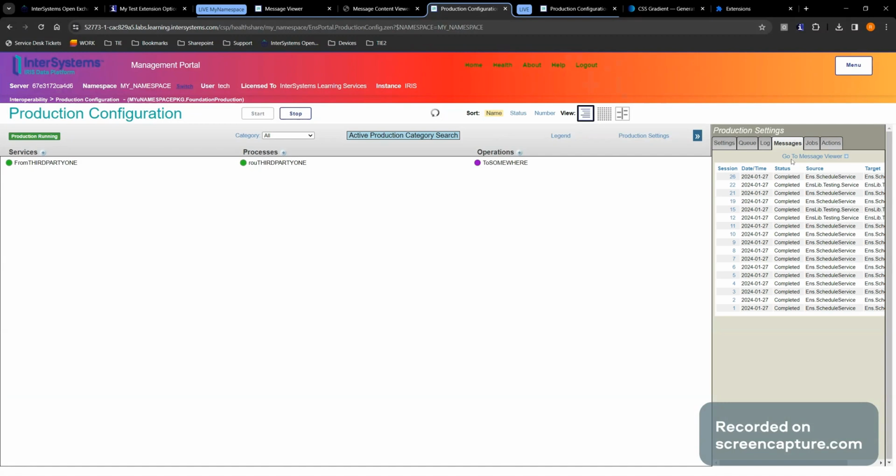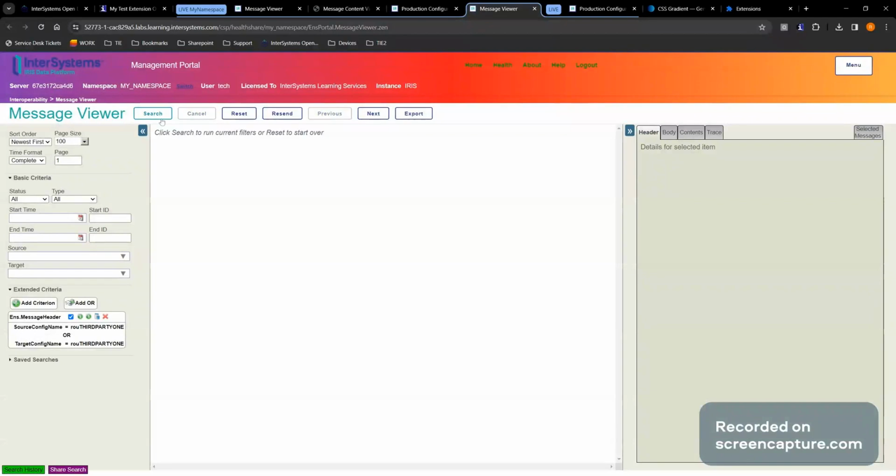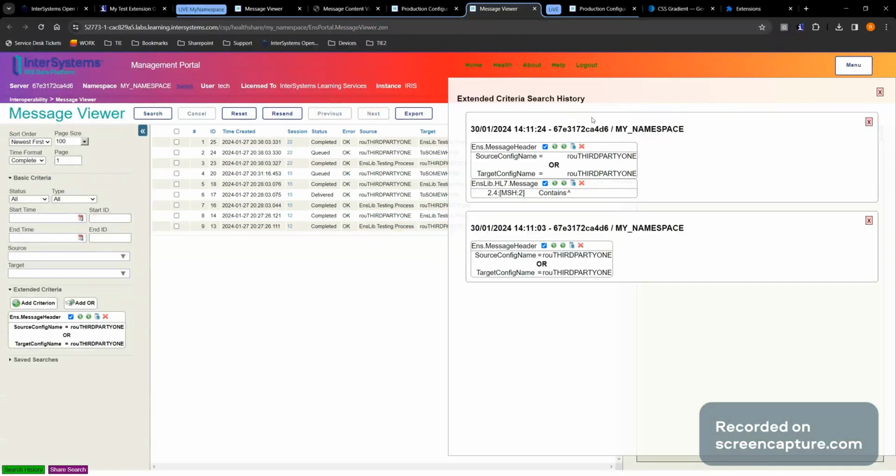If we come into the messages section, so I'm in the message viewer here, click search. I have a search history here which saves all your previous searches, up to about 10. Just so you can, if you've been doing something in one instance and you want to see what I was searching in that instance, or if you want to quickly add something that you were searching earlier,